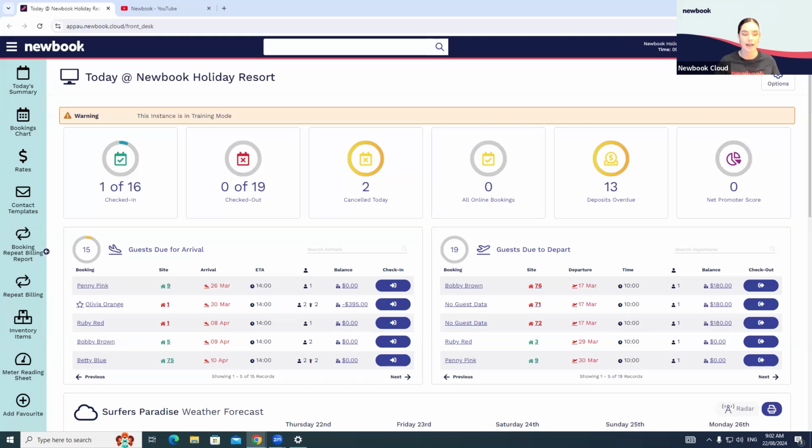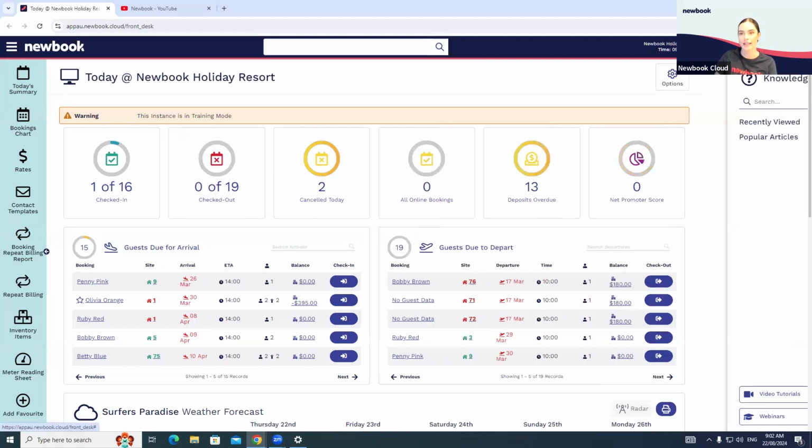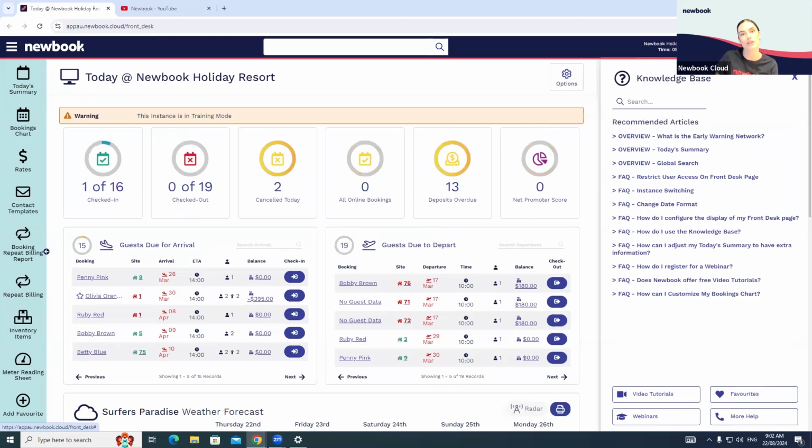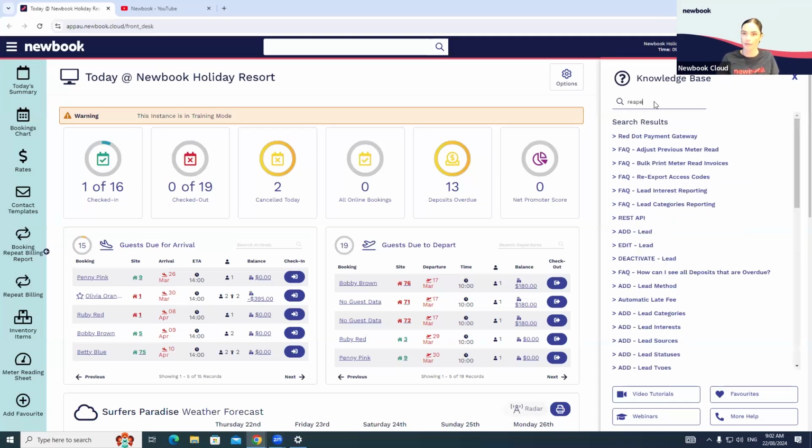So today, like all sessions, I like to point out my favorite thing about the Newbook system, and that is our knowledge base. So for those who don't know, our knowledge base is a little pop-out window up to the top right here, and this brings up relevant articles to the page that you're currently on. Today, we're going to be looking at repeat billing and that sort of thing. For example, if you start typing in repeat,